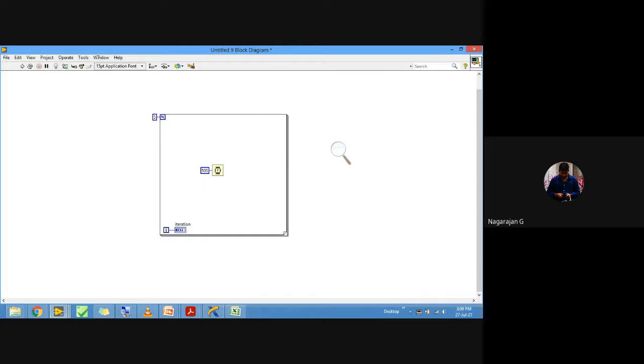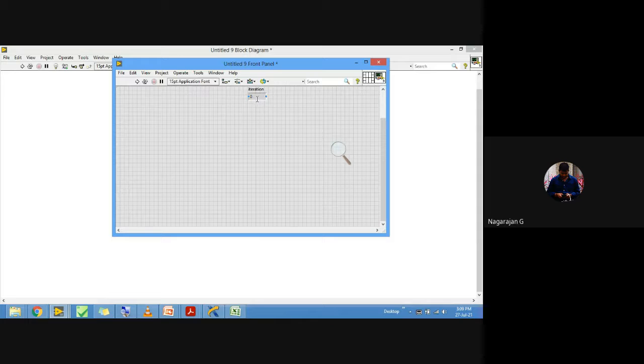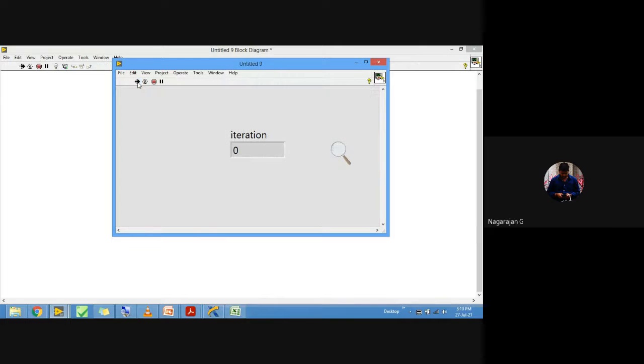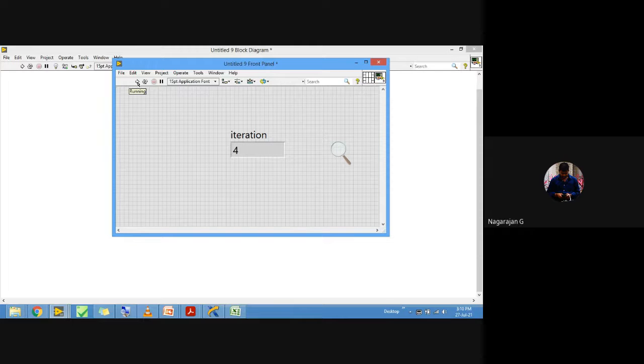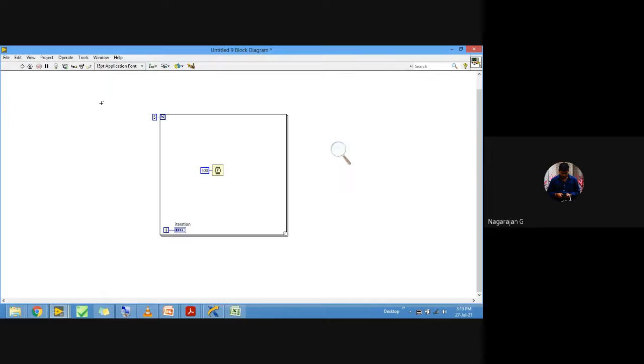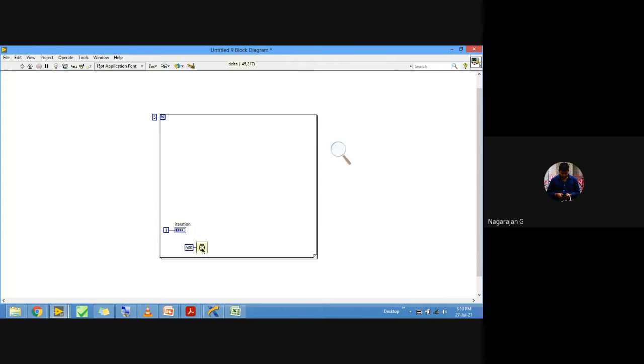So let me switch to the front panel here, and we can run the code. Run. This for loop will run for 5 times. See, 0, 1, 2, 3, 4. It will stop because I always starts from 0. So 0, 1, 2, 3, 4. Once the loop has completed its execution, automatically it will stop, it will come out